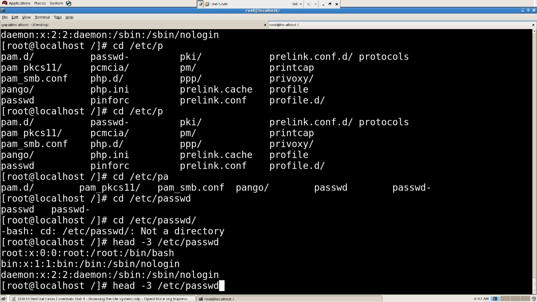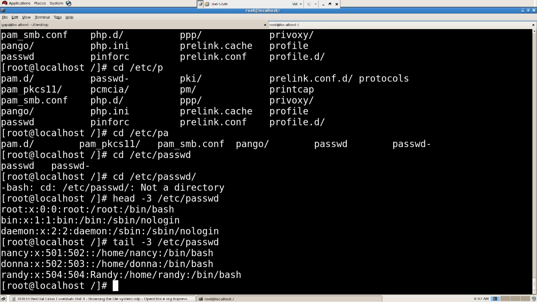Press the up arrow key to bring back the last command. Delete head, replace it with tail. You have tail, so it's going to show you the last 3 lines of the file that you ran there. So let's